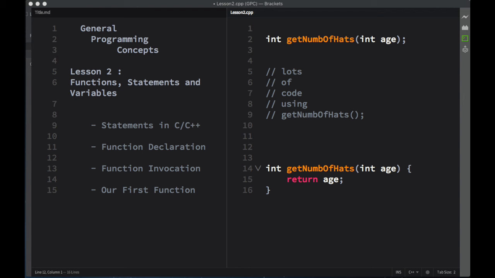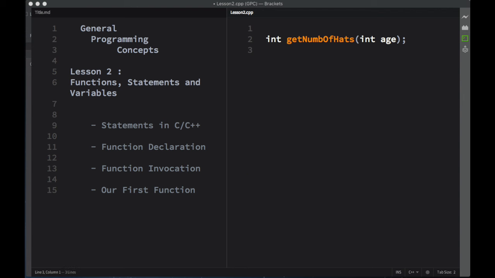So sometimes you don't want to clutter the top of your page with definitions that aren't even being used yet. You want to focus the person looking at your code on what you're doing and not what you will do. But you would need to put a declaration before you use it, or else the compiler doesn't know what it is. So if that's the case, you would use a statement and it would look a lot like a declaration